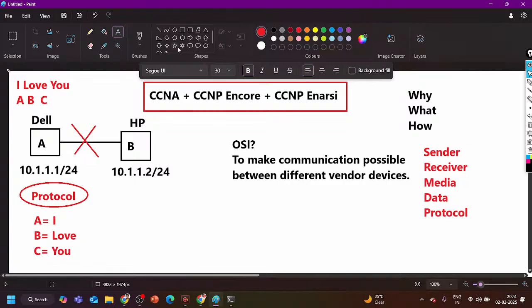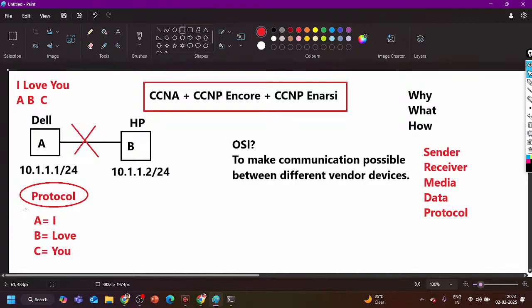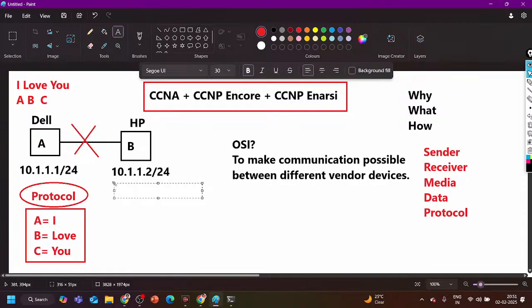whatever algorithm I use here to encrypt the data, the receiver machine should already have knowledge about that algorithm, so that when the receiver machine receives 1 4 or ABC, they can decrypt it. They can convert the data again into the actual format. This particular thing is called